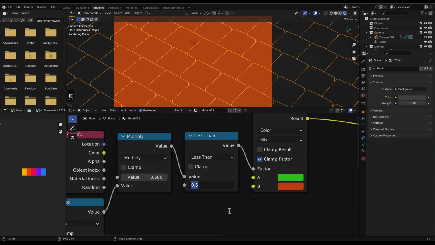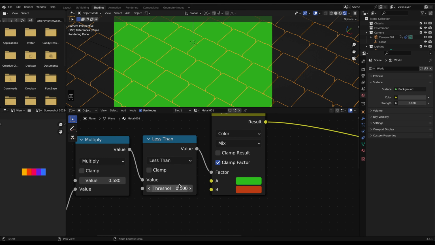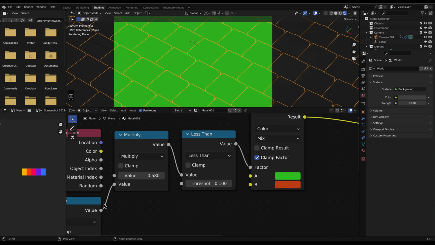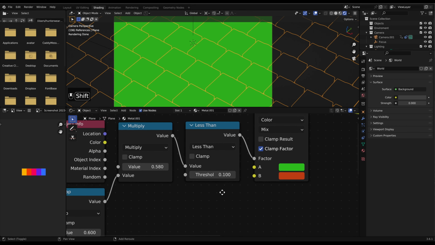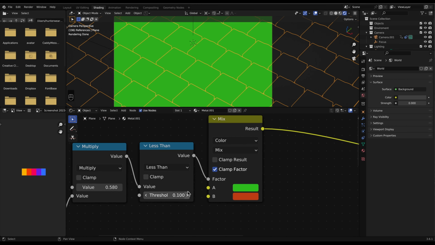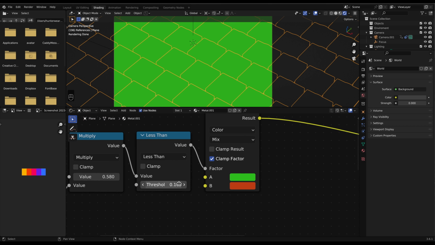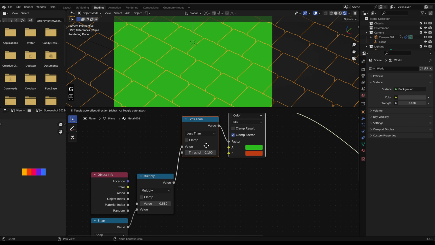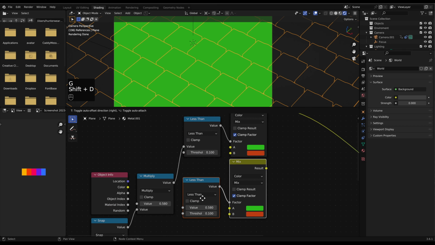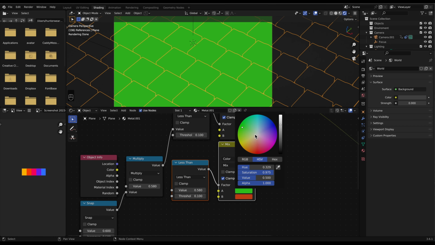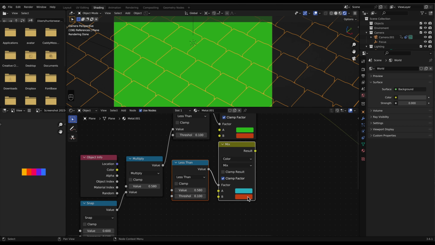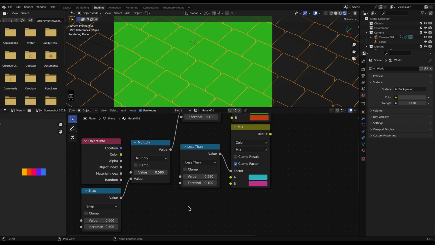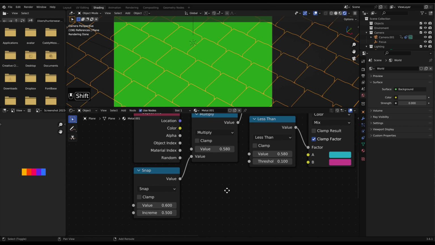So what we can do is go 0.1, and it's going to output A because 0.29 from this calculation is greater than 0.1 here, and so it's going to output A. So we can utilize this and we can duplicate these and stack these. So let's add 2. We're going to make some new colors. Let's go like this. And so now we're going to start setting it up.